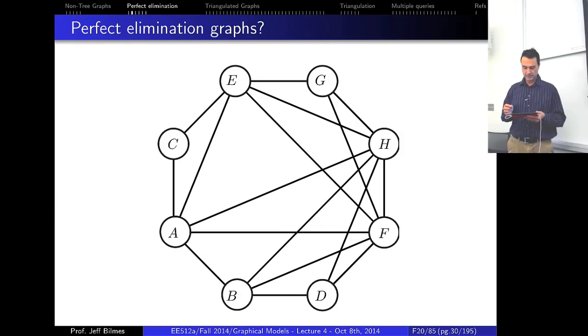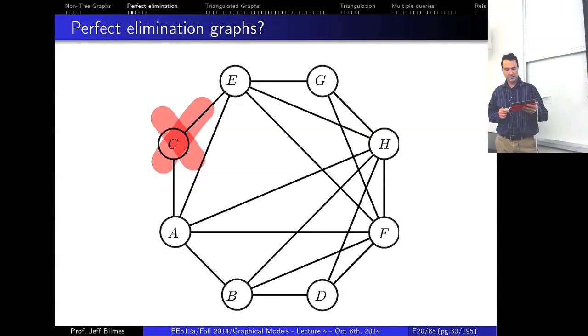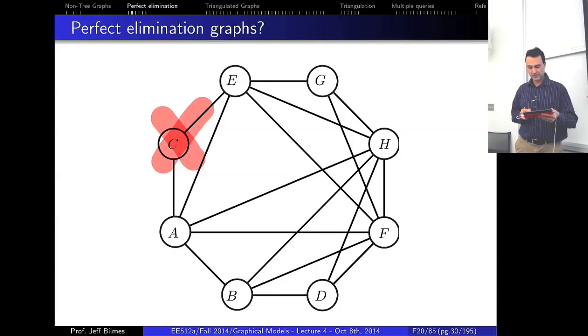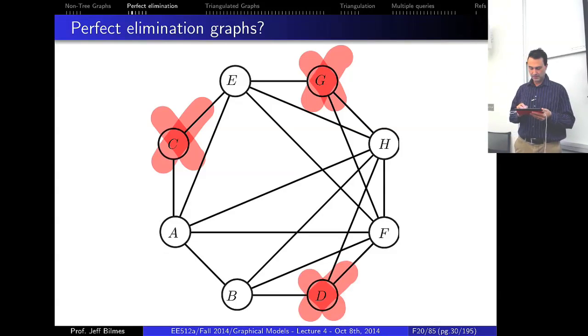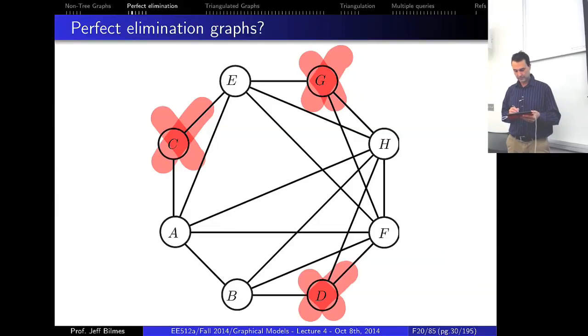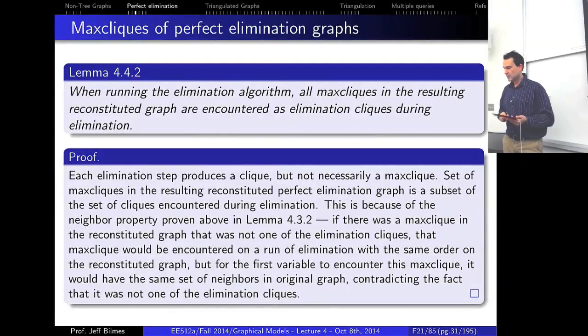So where might you start? C. Yeah, clearly we start with C. Are there any other vertices that when eliminated would not cause any elimination? Not cause any. Sorry, which one? G. And we might as well also do D. What next? B. And now what do we have? We have another four clique. So we're done. Right? Okay, so basically,